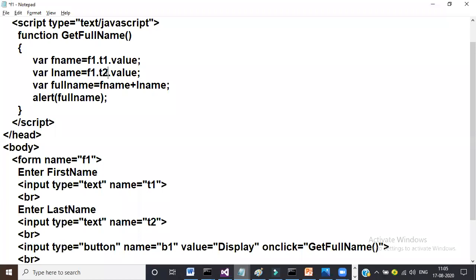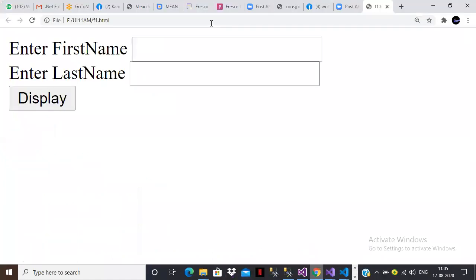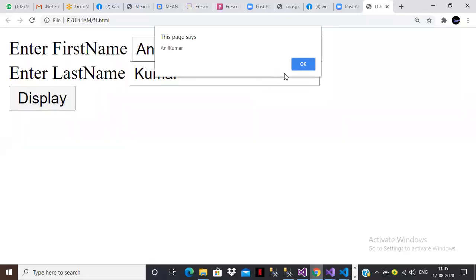Save it. Save the program as f1.html. Enter first name, I'll give Anil. Last name, I'll give Kumar. Click on display. You got Anil Kumar.